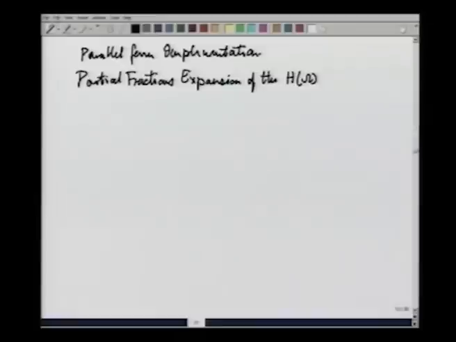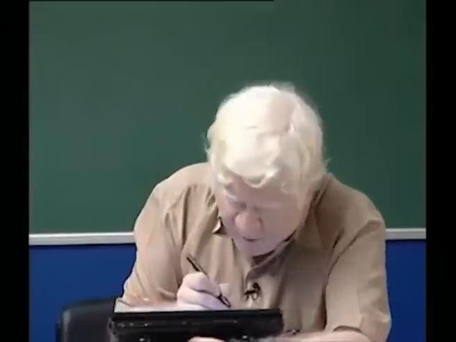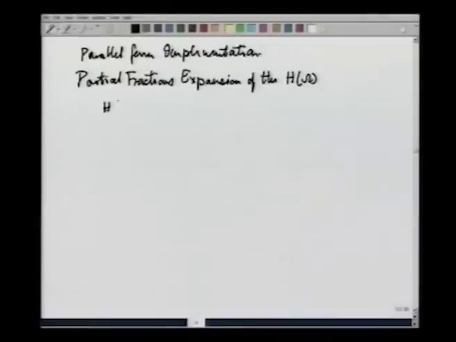Fine. This is how we get the formulation required for the parallel form implementation, and it comes out as follows: h omega equals h 0 of omega, which is the quotient term, plus